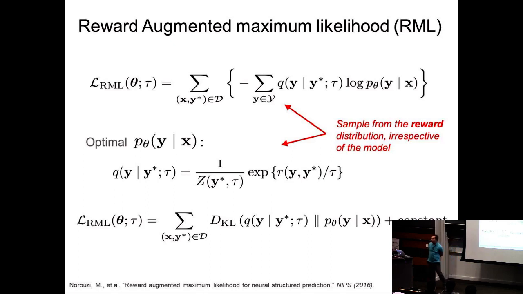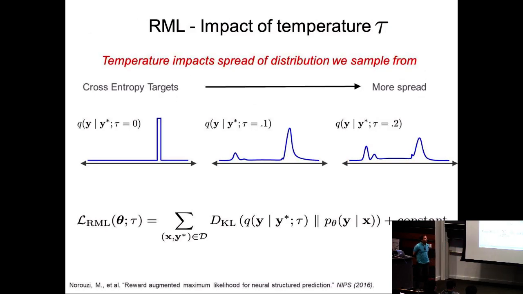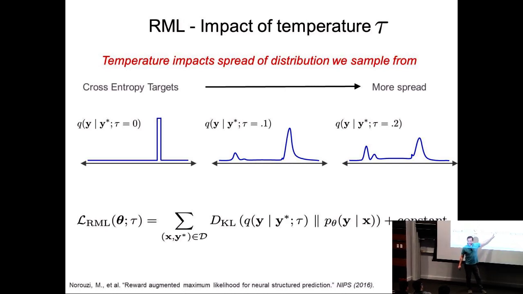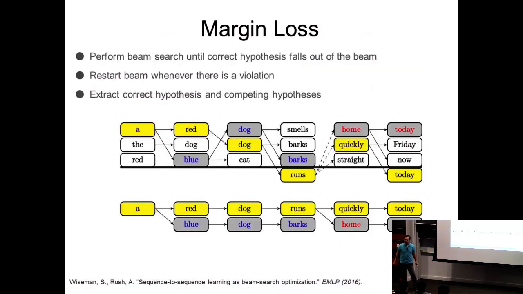It's not very trivial to explain in a couple of slides, so you can look at the paper, but there is a way of incorporating prior knowledge in order to optimize this thing. Maximum likelihood estimation basically says predict the correct thing. Here, what you're trying to do is say your targets can be soft. Your target doesn't have to be the single correct thing, but can be a distribution over correct things. So you're trying to match the two.